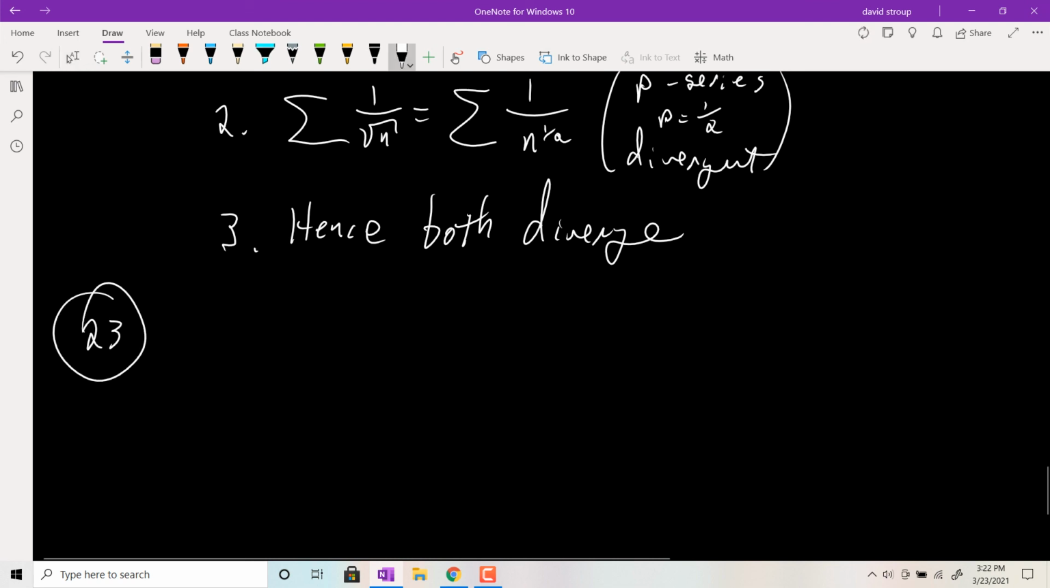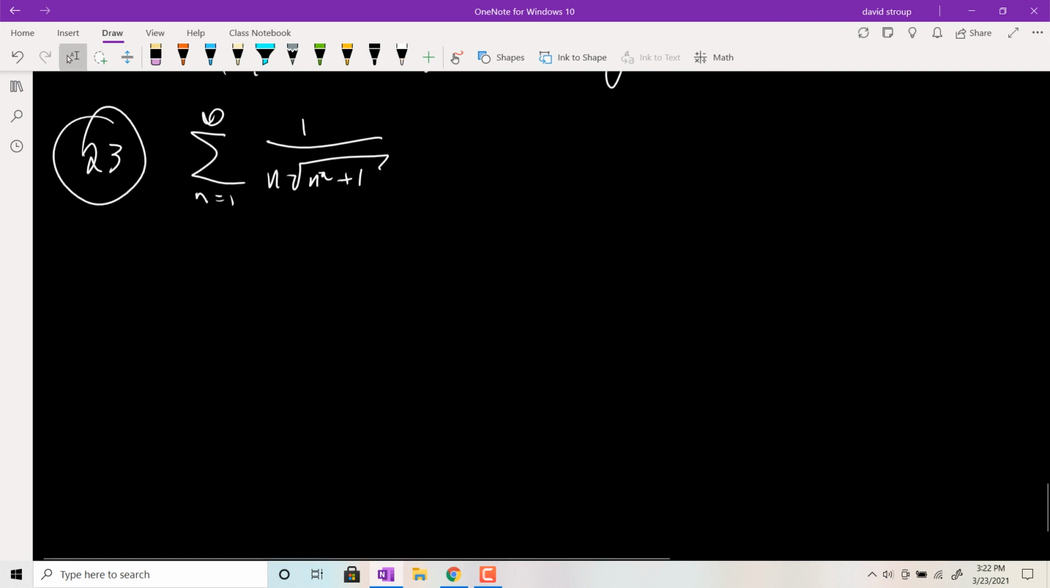Let's look at 23. This time we have 1 all over n times the square root of n squared plus 1 from n equals 1 to infinity, and we're going to do a limit comparison test. So first, talk about what series you're going to compare it to. So I'm going to limit compare